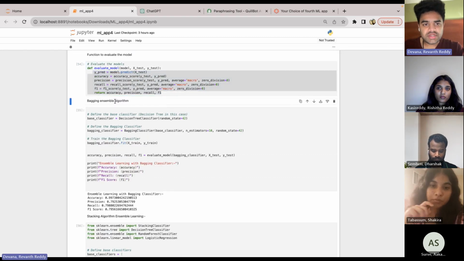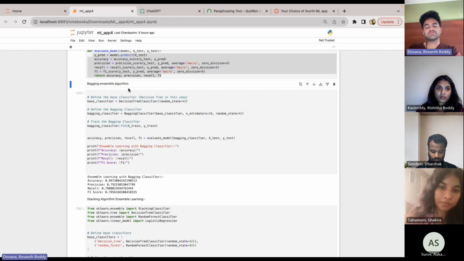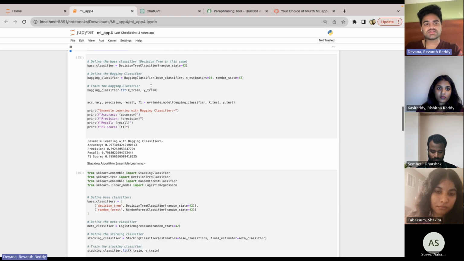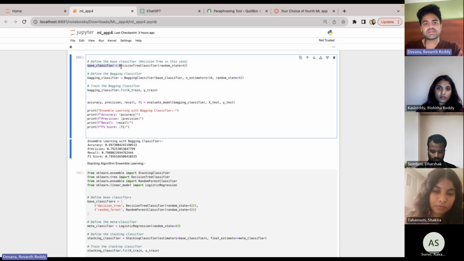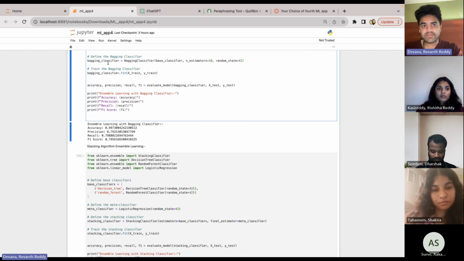And the bagging ensemble algorithm. Since we have already discussed what bagging ensemble algorithm is, you can see here we are defining the base classifier, a decision tree in this case. Okay, base_classifier equals DecisionTreeClassifier, inside it random_state we are taking as 42, and define the bagging classifier. bagging_classifier equals BaggingClassifier, then inside this function, the base classifier,